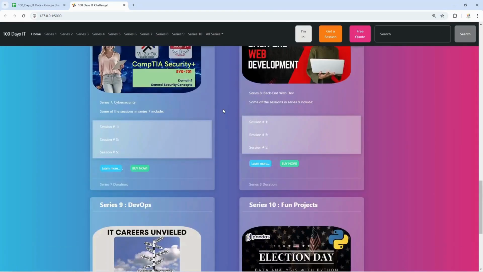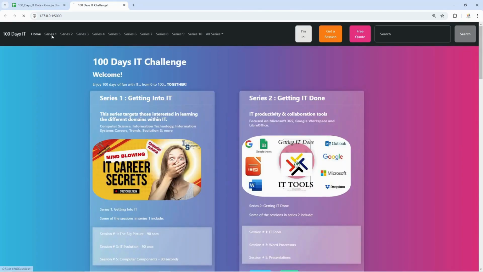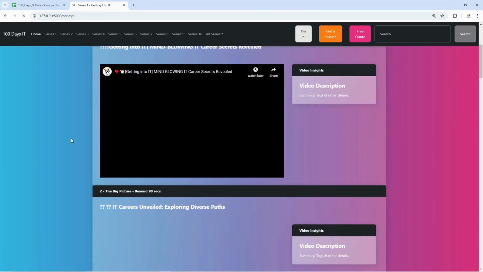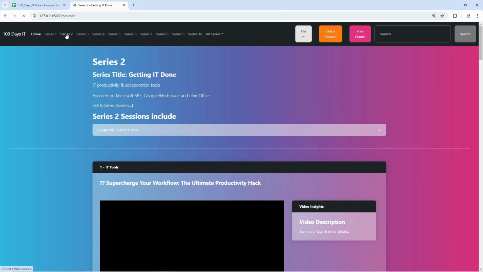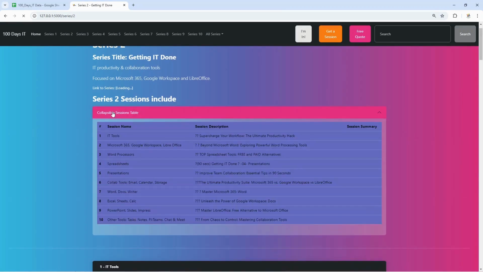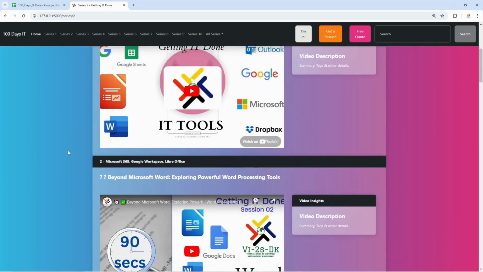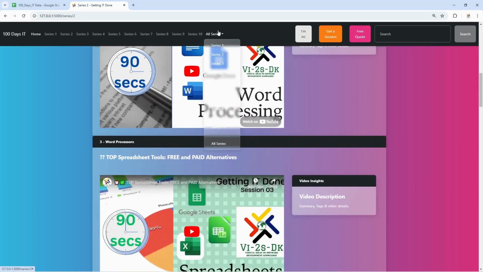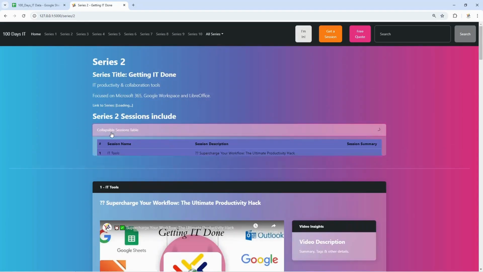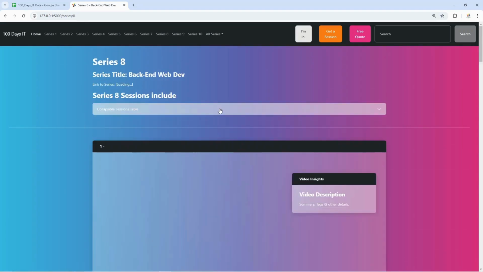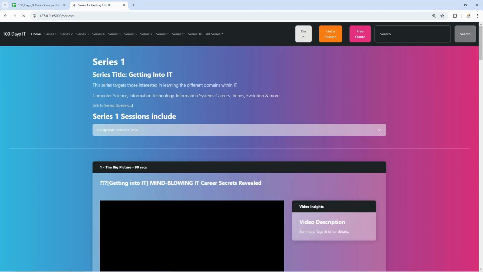We can navigate to multiple series, which is 10 different series in our 100 days IT challenge. All the data is coming from the Excel spreadsheet. It includes each and every one of those series, the details, and all the content is also dynamically generated directly